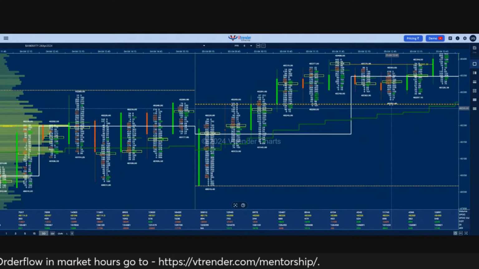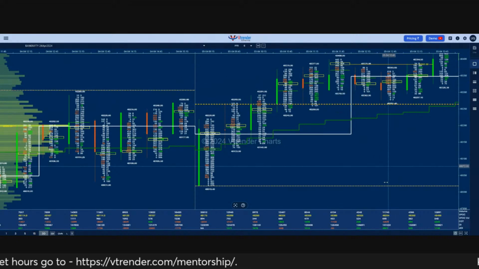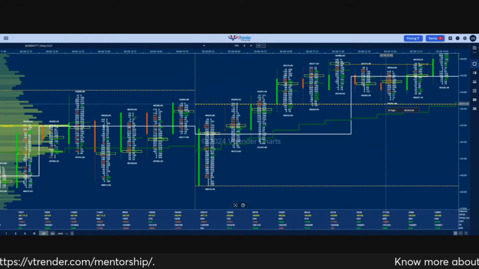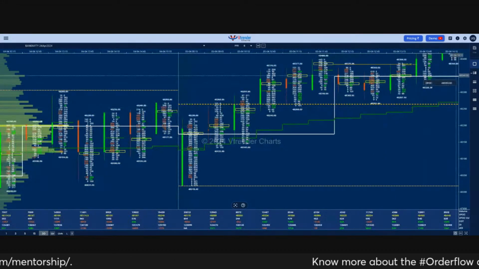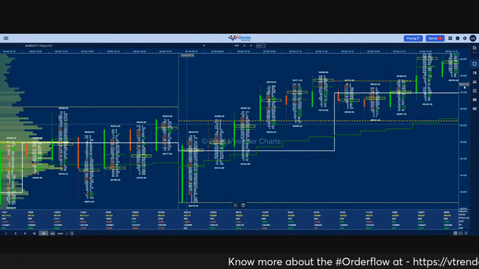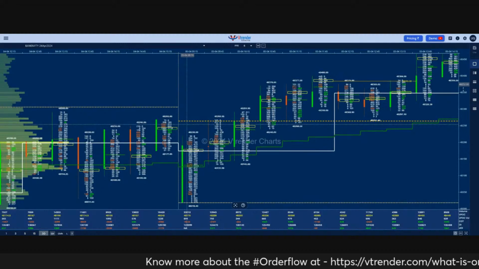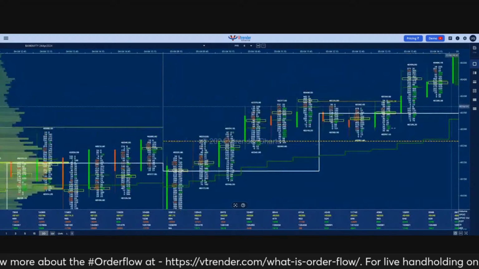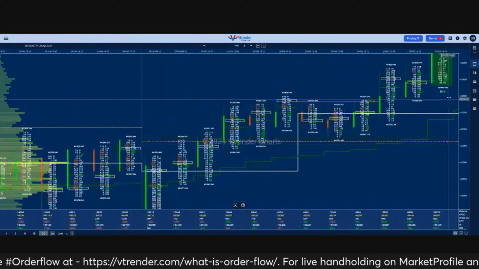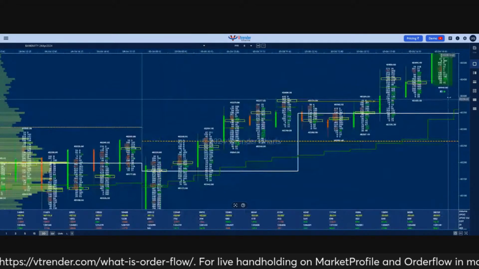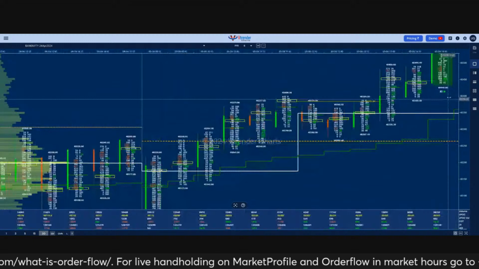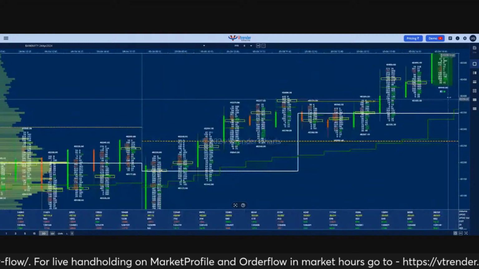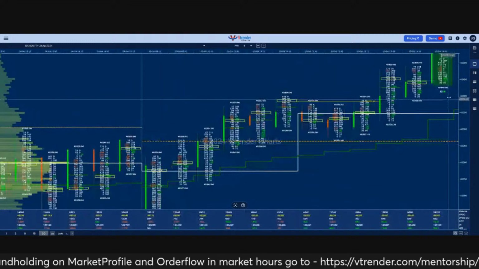So when in spite of all these reds, they were not able to penetrate this IBH and the VWAP, we got this spike. This is a day where we can expect a spike to come in, which is what happened. And you can see when we went higher into the close, we saw